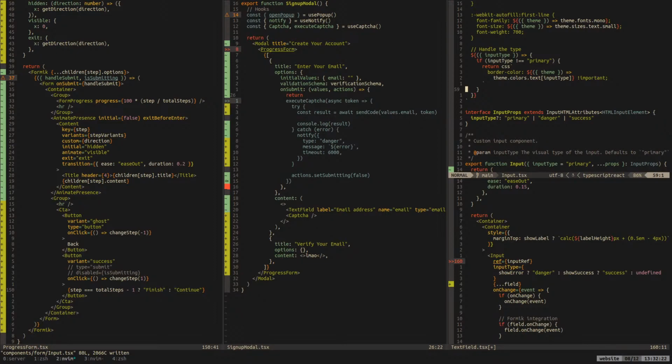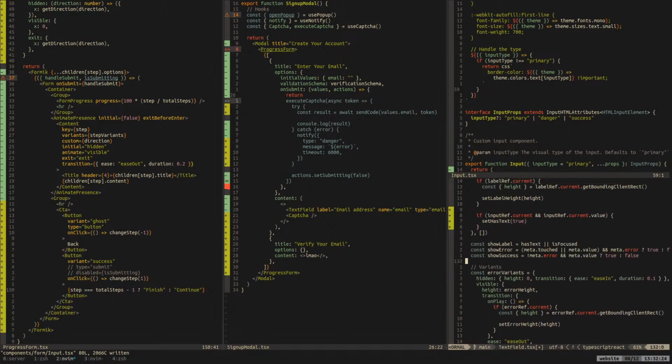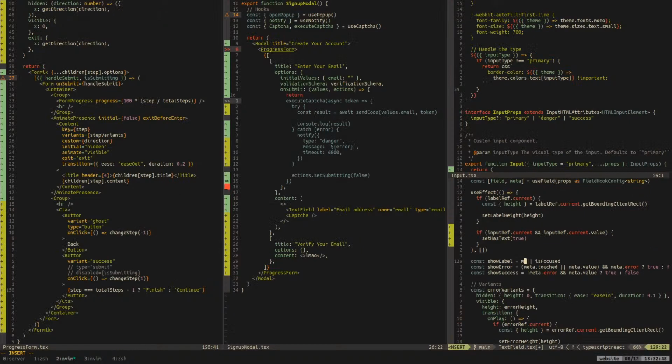Oh, interesting. Could we do meta dot focus instead?